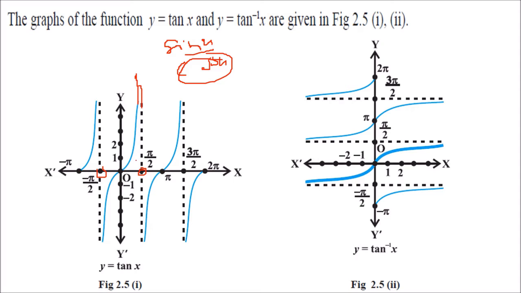Similar is the case for y equal to tan inverse. You just have to invert it by 90 degrees. So this will be your tan inverse. You see, we have taken this one. It never touches minus pi by 2 or pi by 2. This is our principal value branch. So what is the domain and range? It can take any value, but apart from pi by 2 and minus pi by 2, which we have restricted. This will be our range.